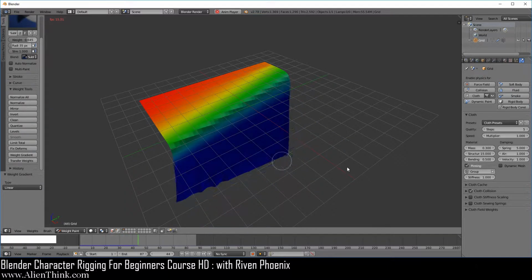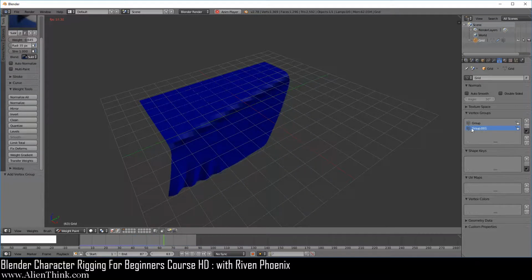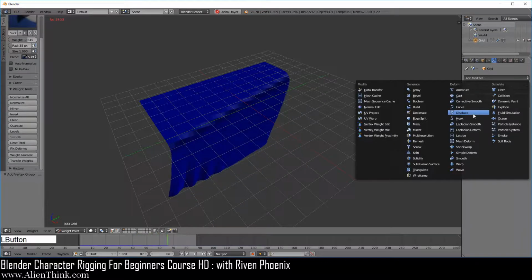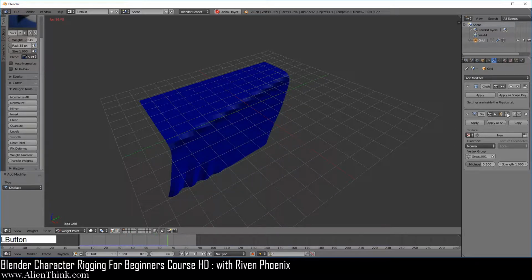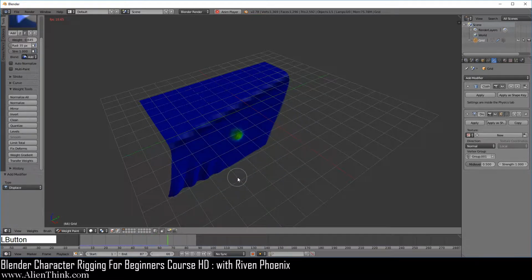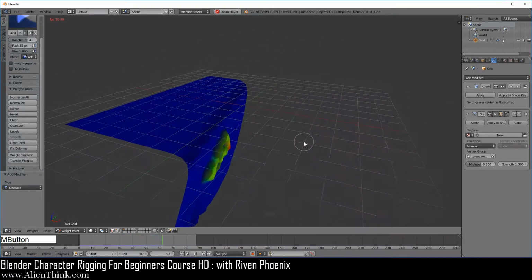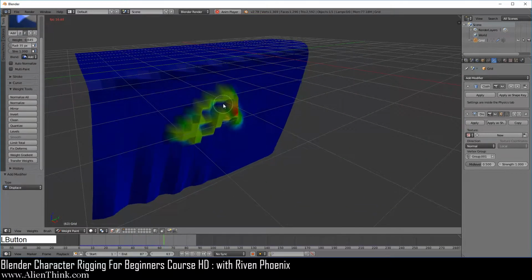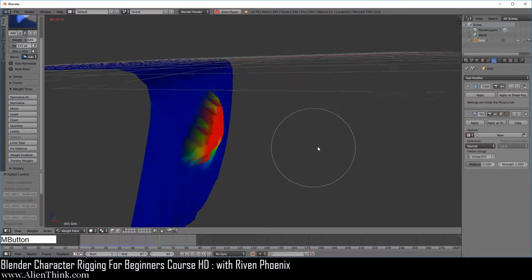Okay, so now what I want to show you is that, well, if you go to the data tab and add a new vertex group, we can actually click over here and add a displace modifier which uses a vertex group. Go ahead and click it. Okay, so what this is going to do, make sure you click on these. Now we're going to click on add over here and just click a few times. You can see that we're creating almost like a mountain area over here. Okay, so that's what displace is doing. So I'm just going to press the F key to make it a little bigger. You can see that it's actually popping out like this.